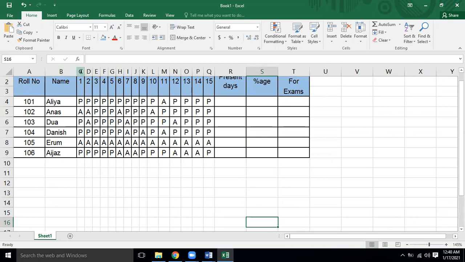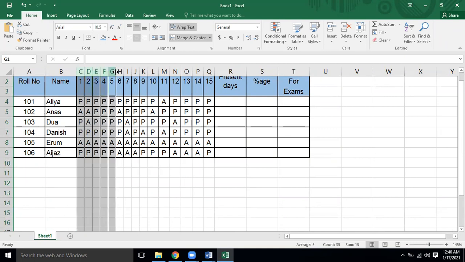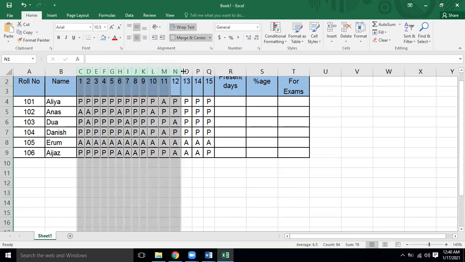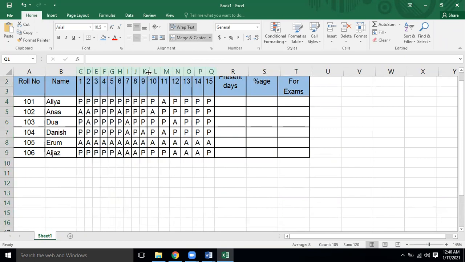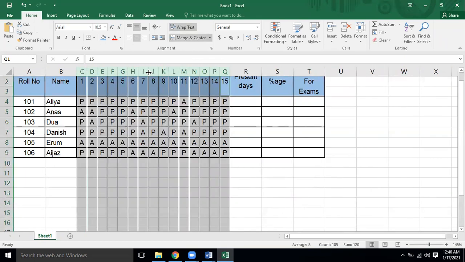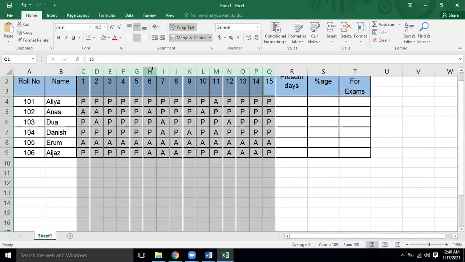If you want to make them equal, select them all by pressing the Control button, and then you can change them simultaneously. They will be equivalent. Can you notice this?